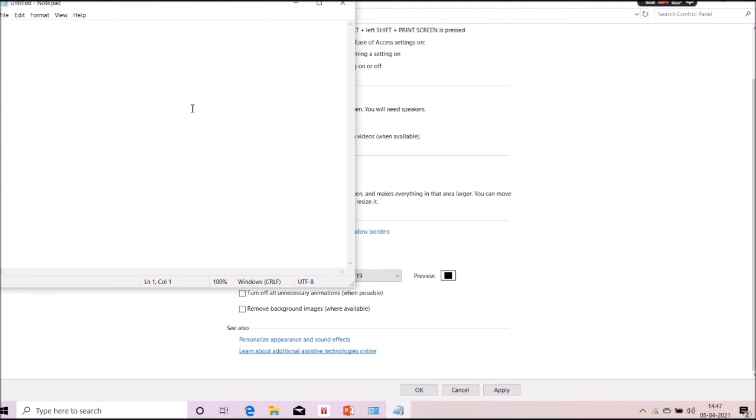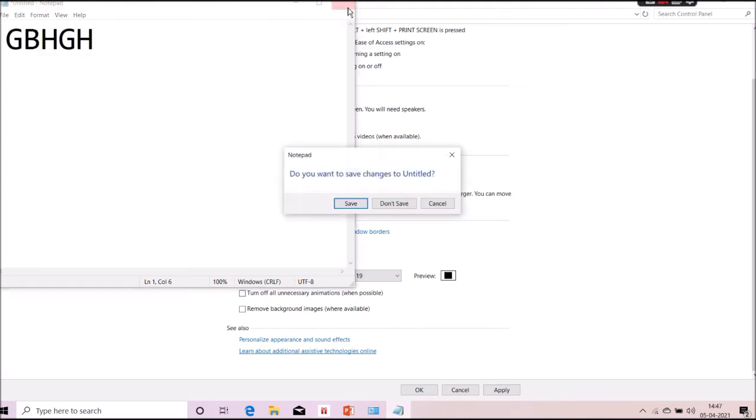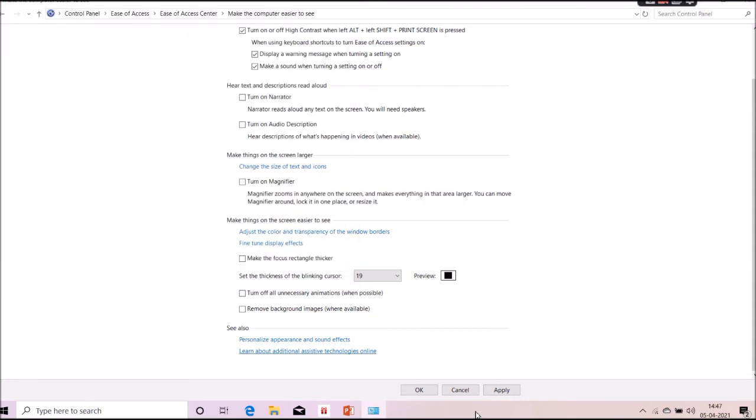Size 12. Actually, you need to apply first, and after that OK, then only your cursor preview will look like this. You first do apply, and then OK.